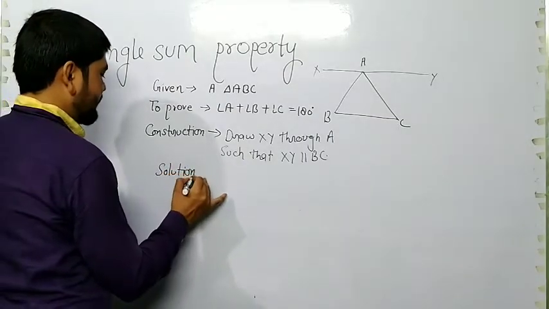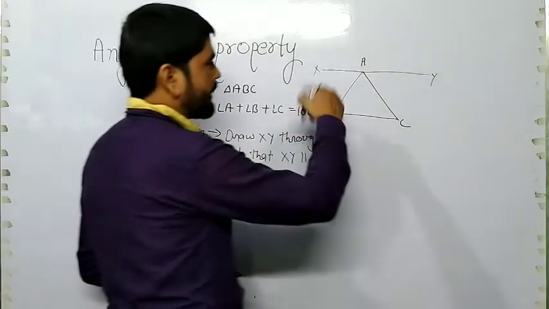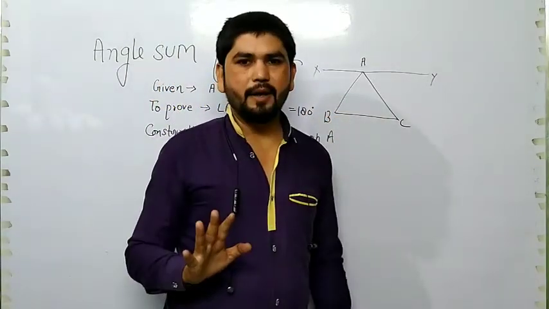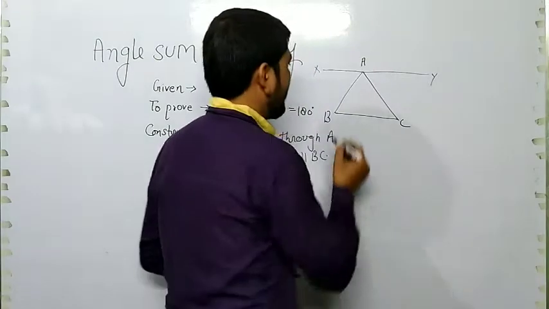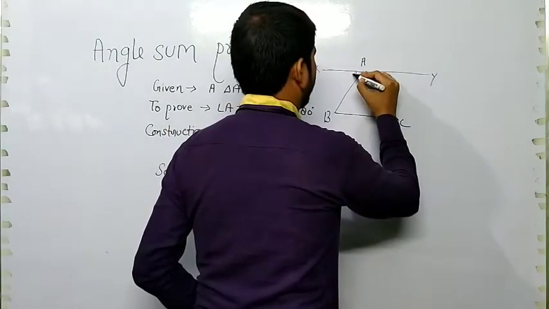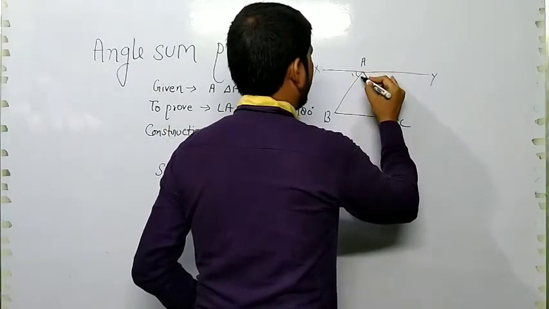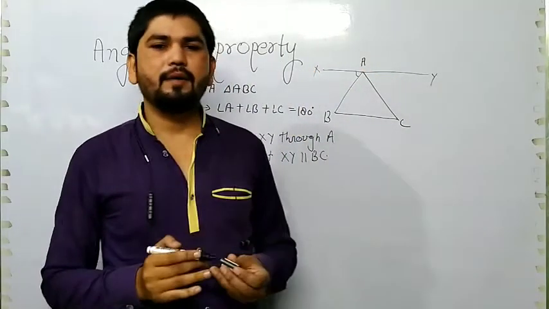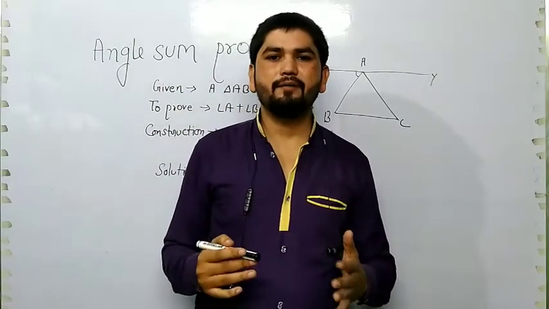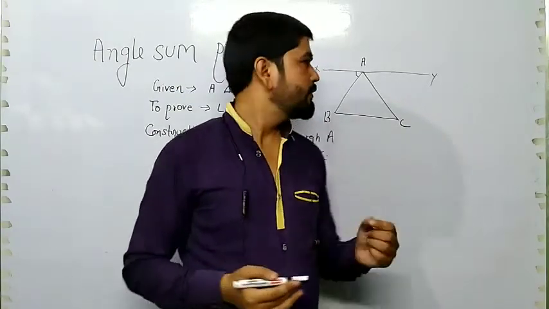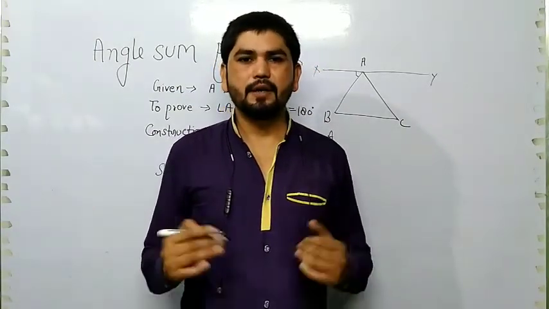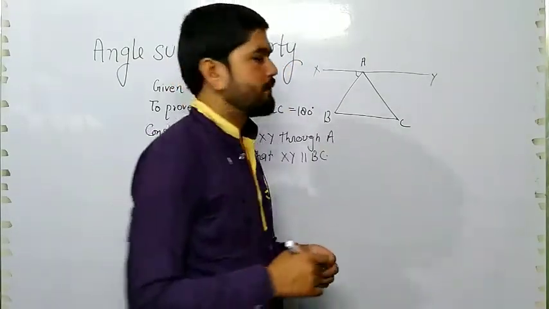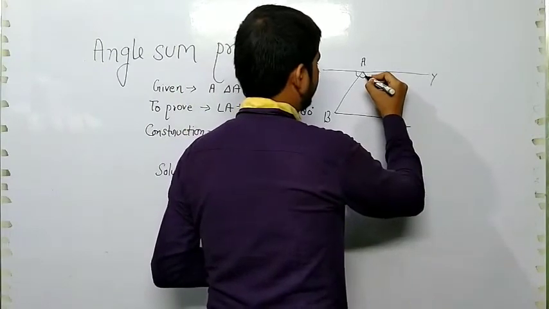For ease, we are taking the angles as 1, 2, 3, 4. We can also solve in this format, but it will become easier for you. Why are we taking the names as 1, 2, 3, 4? Because it will become easier for you. Otherwise you may feel some confusion here. That's why I am going to write the names on the triangle. So it is angle 1.